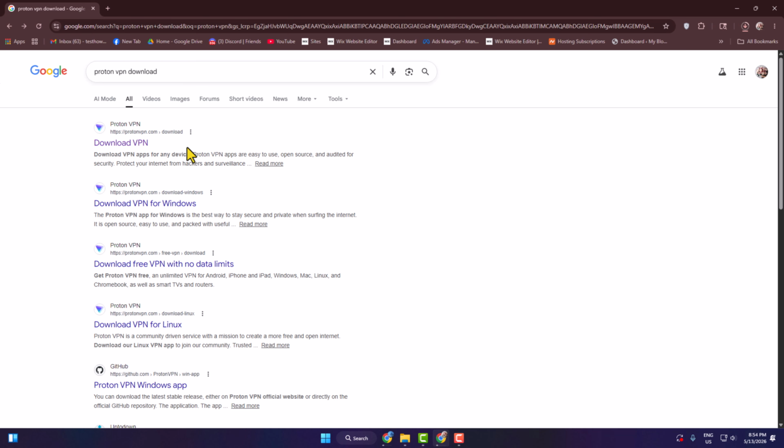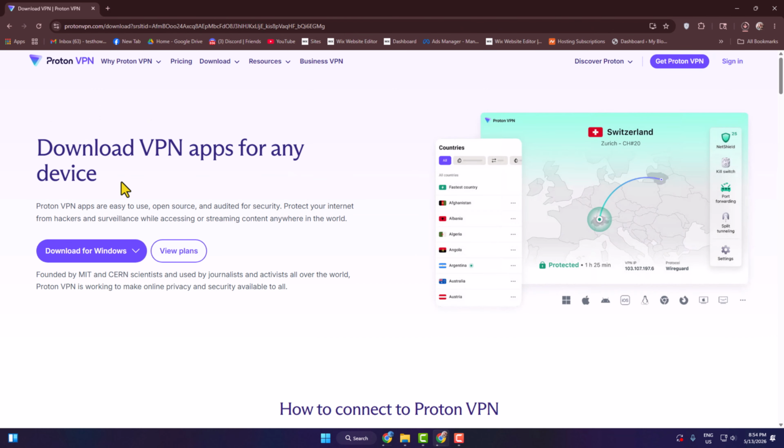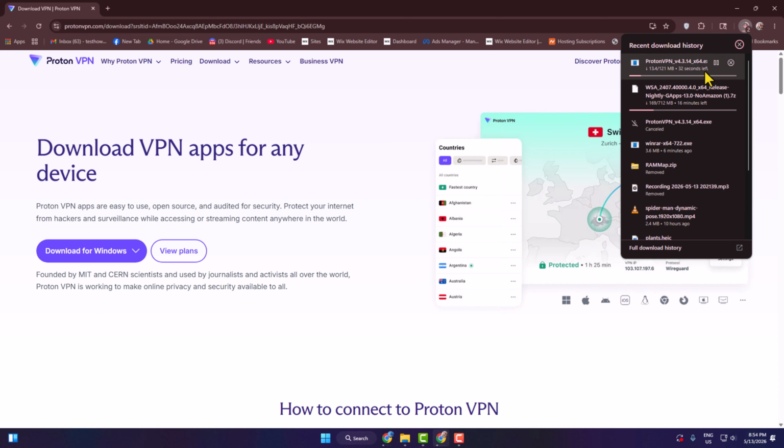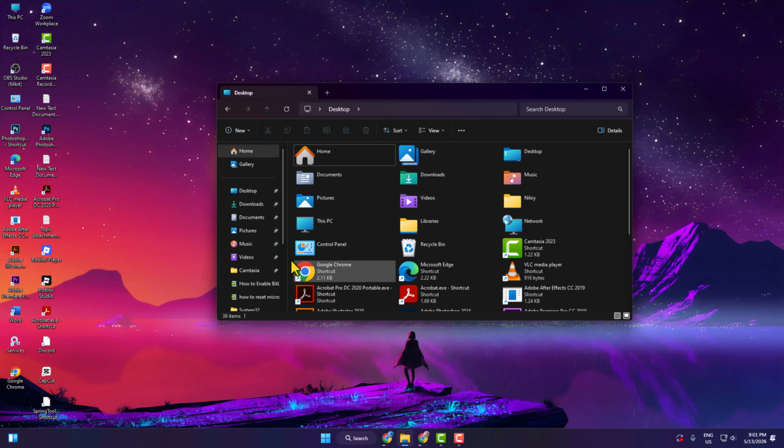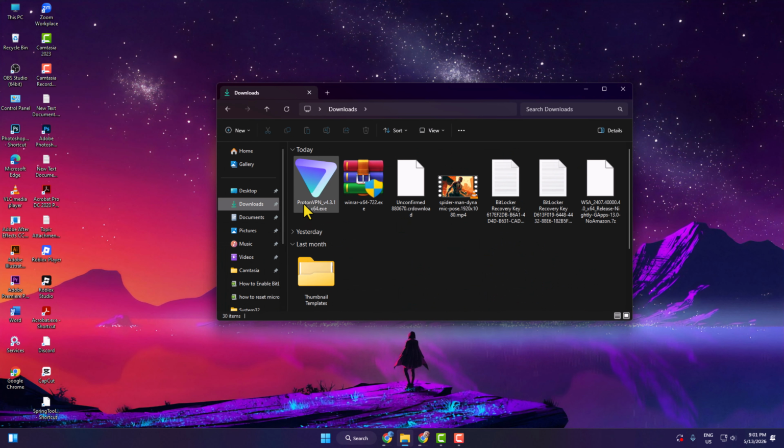Go to your preferred browser and search for Proton VPN download. Open the first link, click on download, select your downloading option, and here we can see the Proton VPN is now downloading. Once it's downloaded, go to your file explorer, go to download folder, find protonvpn.exe, launch the installer,